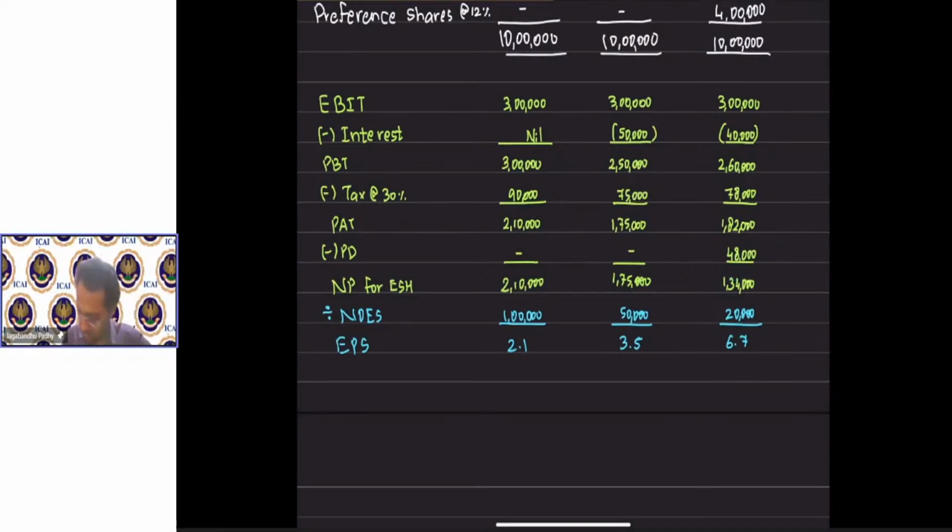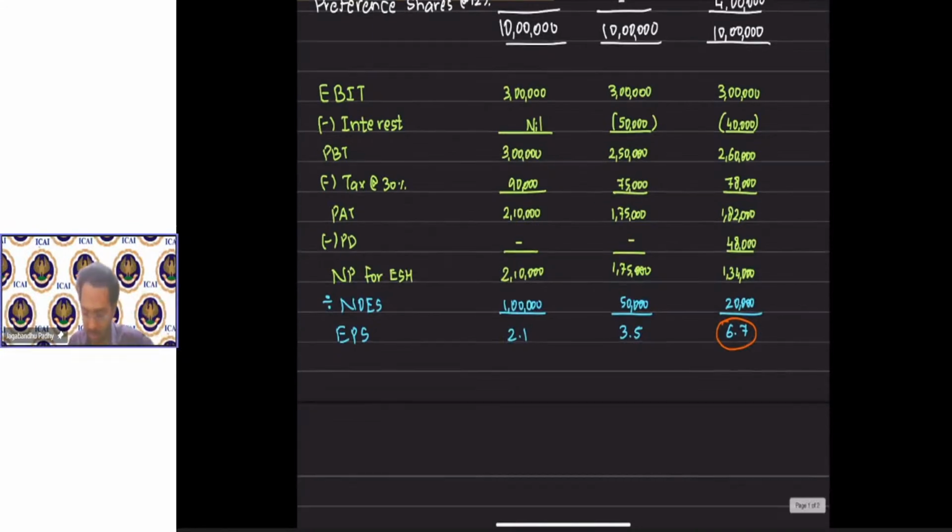However, as we have seen in the first chapter, it's not profit maximization which should be the goal of a finance manager. A finance manager should not be considering only how to maximize the profit, but rather should look at wealth maximization or wealth creation. Now, how do we go about creating wealth? For that, we'll have to